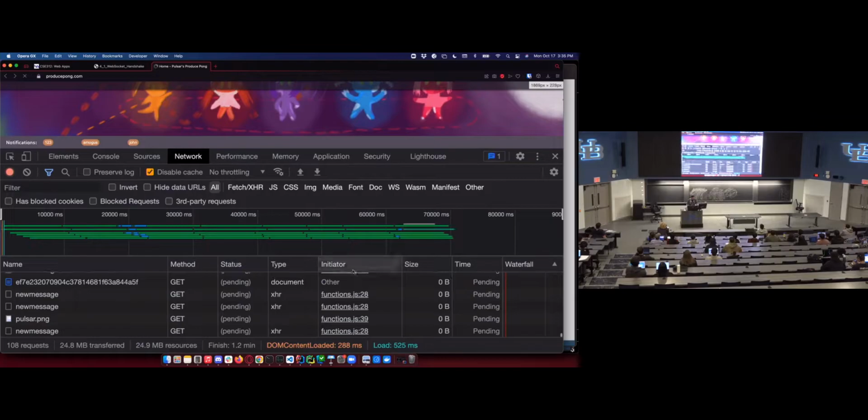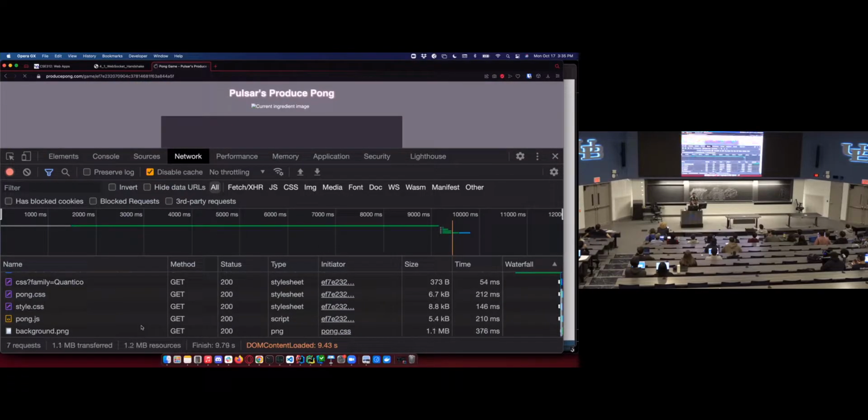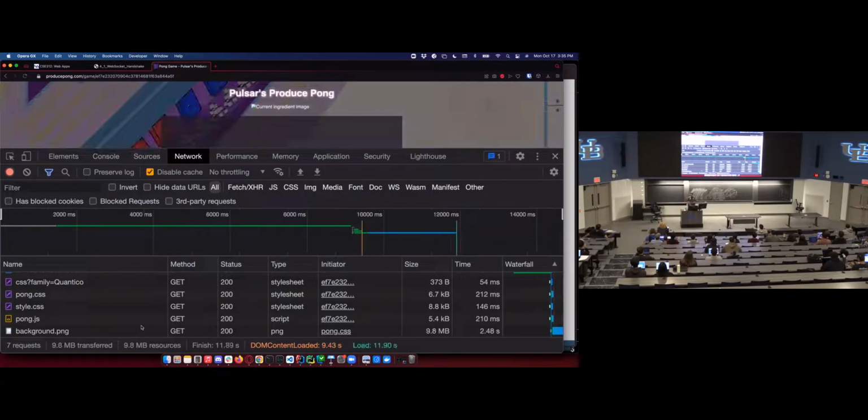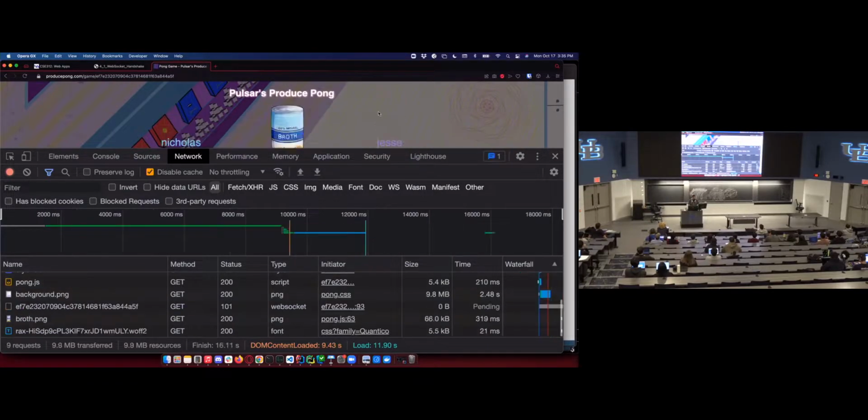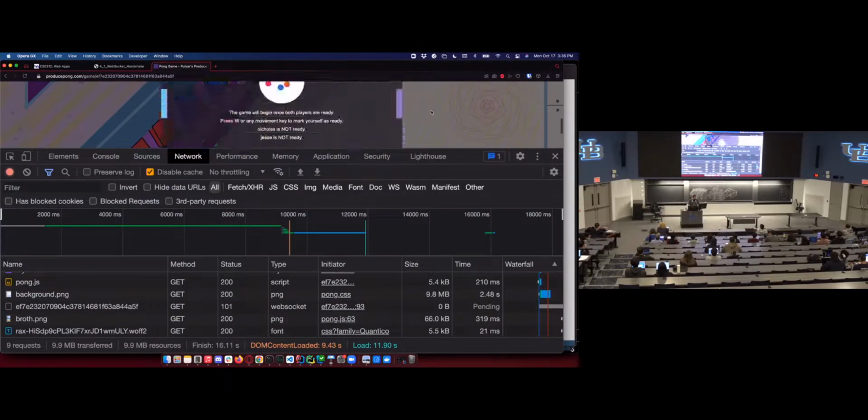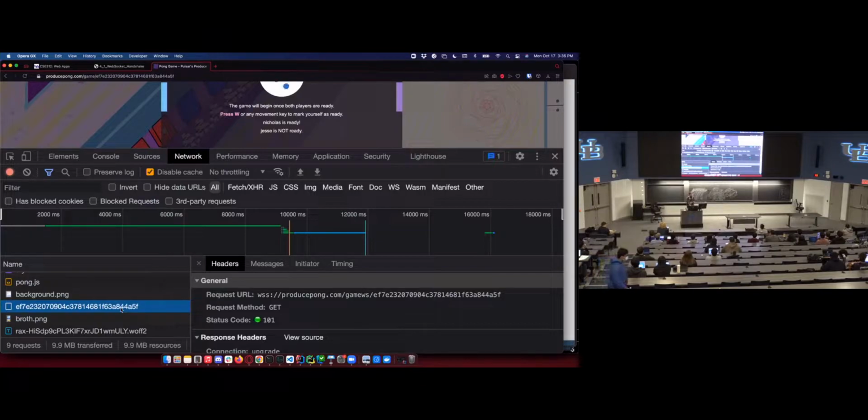Yeah. We need to get to the WebSockets. And we can see, it looks like their chat uses polling, vanilla polling, right? Not long polling? Yeah, pretty bad. Which might be one of the reasons the server slows down. All right, so now we're in the game. We play Produce Pong. We're here for WebSockets, though. So I see this one request, which is the WebSocket request.